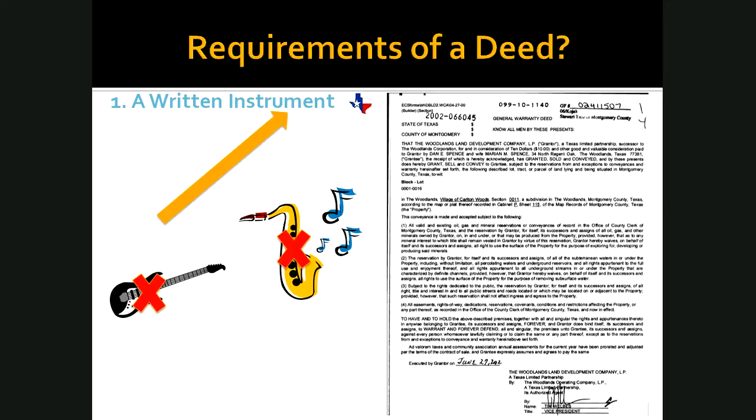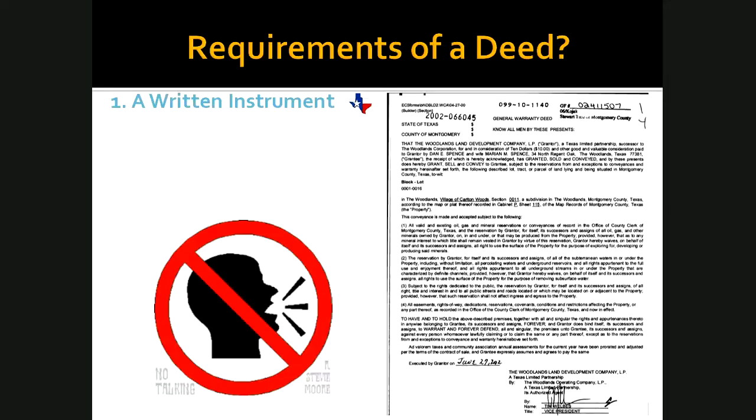And it has to be written because you can't transfer ownership in land verbally. Imagine what kind of world we would live in if you could transfer ownership of property verbally. Everyone would be suing everybody because they'd say, "Oh, you sold me that land," right? That's why we put it in writing to make it legal, to make it official. So it has to be a written document.